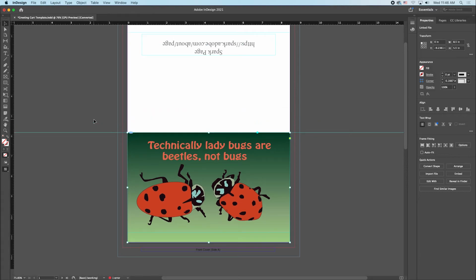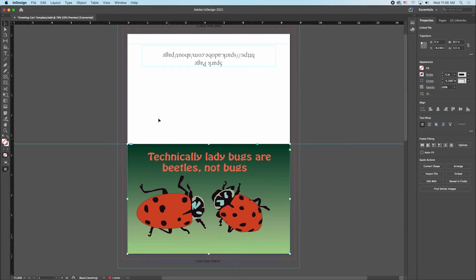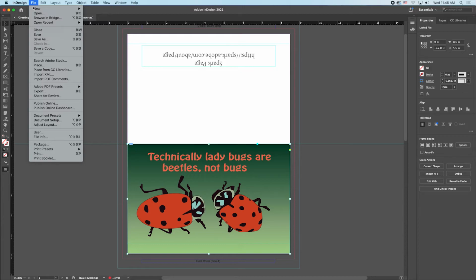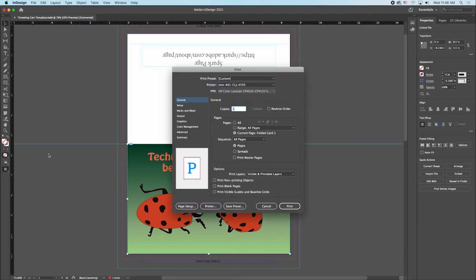changes you need. Okay, I am on my first page here, my front page. We're going to go to File, Print, and you do have to make some changes. So here in general, you're going to print it, and unfortunately the printer that I need is not showing up in my drop-down list for some reason, but I believe it is 4525 is the colored printer in the classroom. And you're going to want to make sure Current Page Folded Card 1 is checked. It's just going to print one side at a time, so it's printing the first side, the front side, and